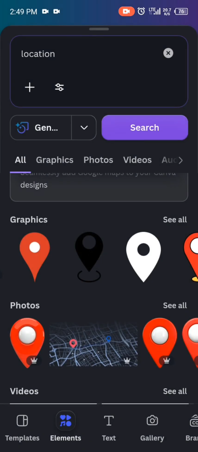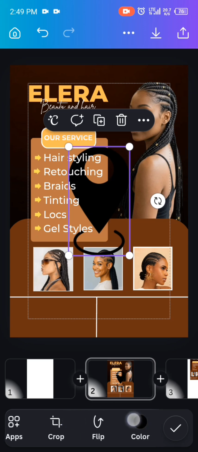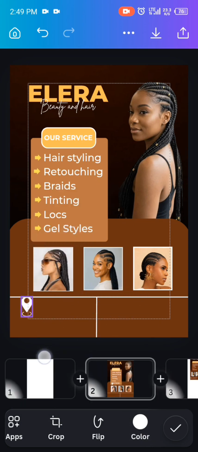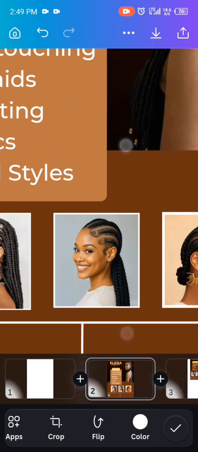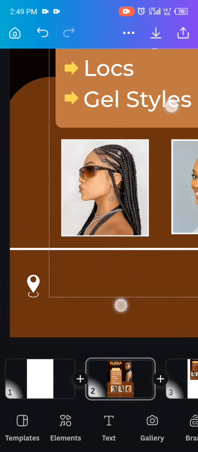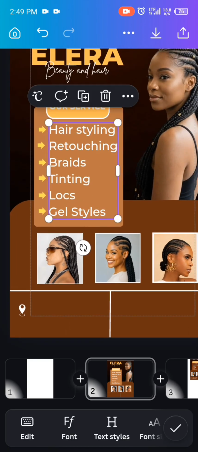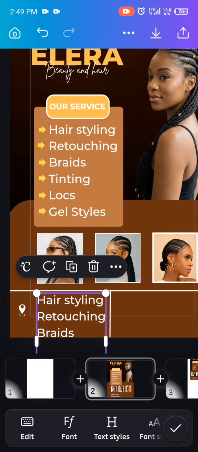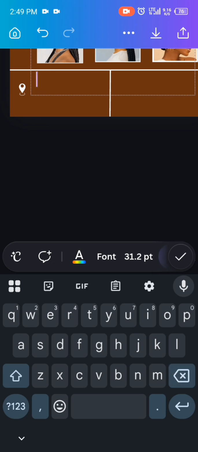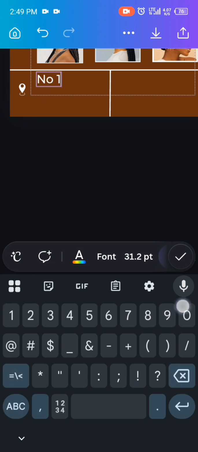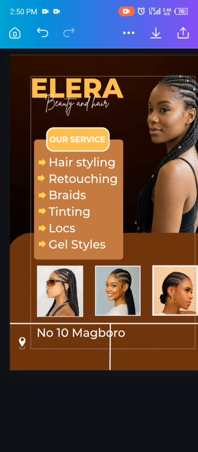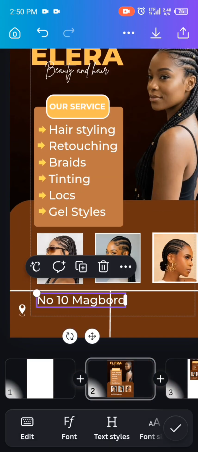Click on it, change the color to color white, then resize it. So I'm going to be adding any random address off my head. I'm not going to be using the exact address, just any random address, because this is not a client work, it's not for a customer. So just go and click on edit. It says just the number 10 Magboro. And that's all. Make sure it's not long. Only just put Magboro